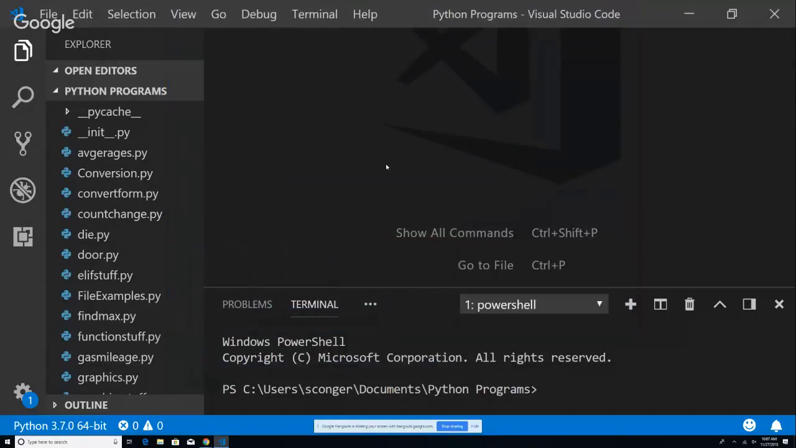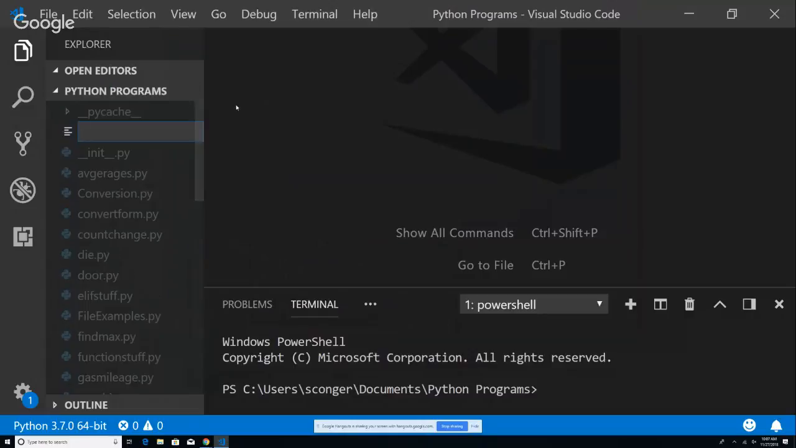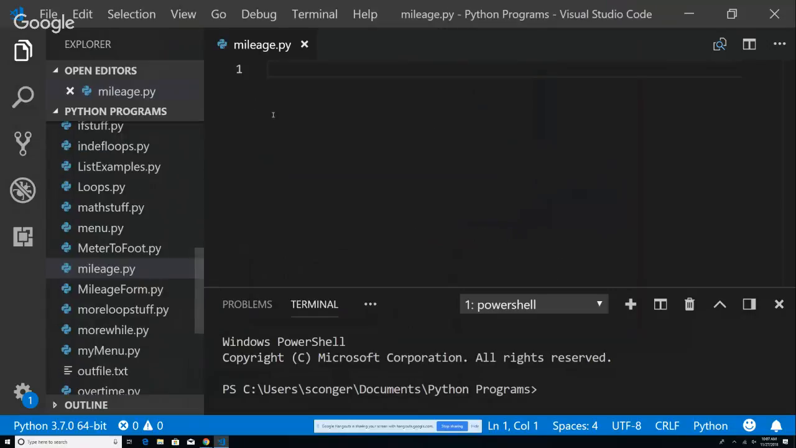All right, so it's running. I'm going to add a file, and I'm going to call it mileage.py. So we did mileage before, just like we did the tip before. It's the same thing you've done before. The only difference is we want to do it as a class this time. Does that make sense? So I'm going to create a class,